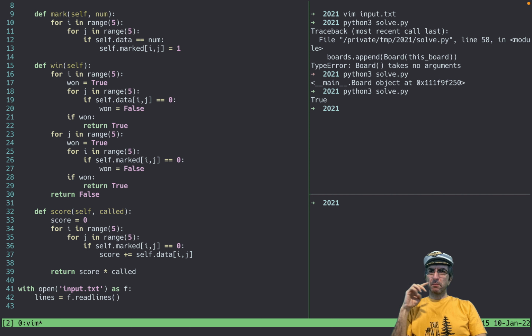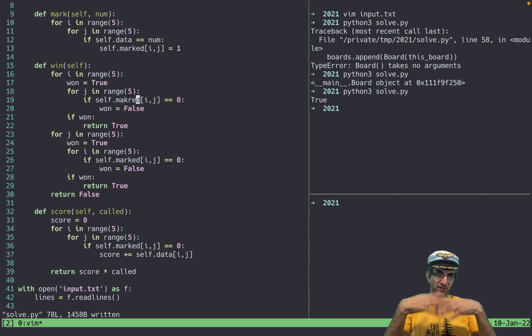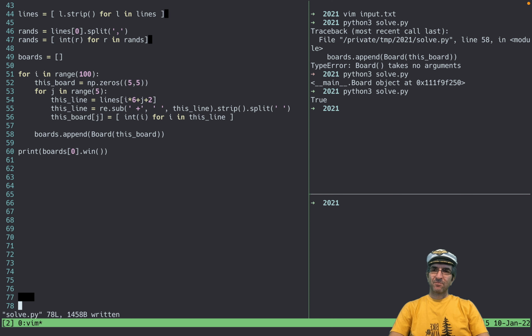Looks okay to me. For i in range 5, we assume we have 1, and we say for each j, if self data self marked, you're checking marked, if marked is 0. Okay.